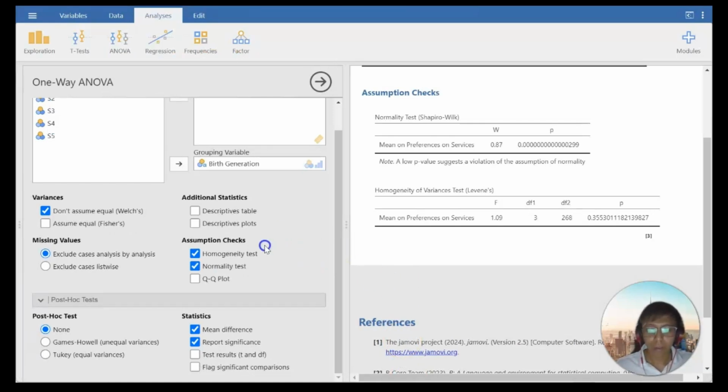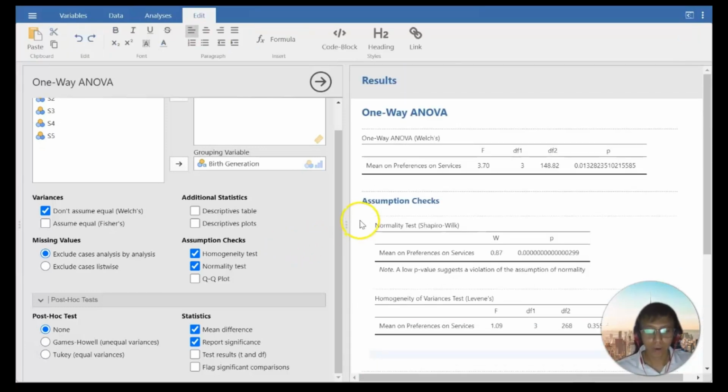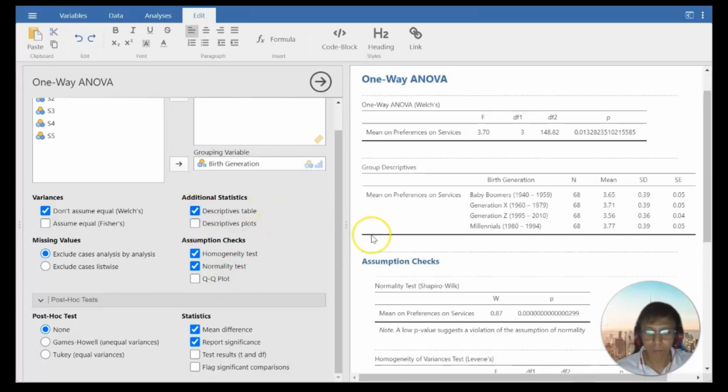So after selecting your variables and checking the assumptions, let's click this. The output will show the ANOVA table, which includes the F statistic and the p-value. So let's click first the descriptive table.